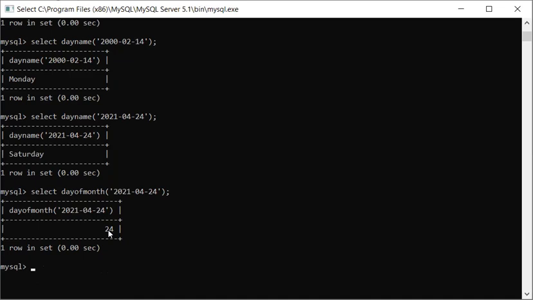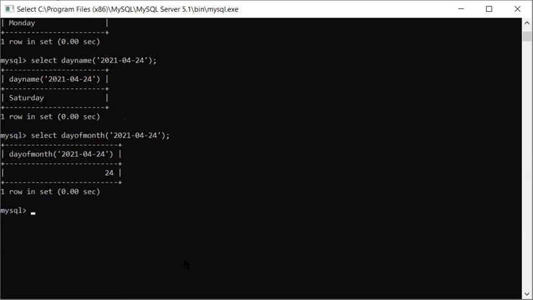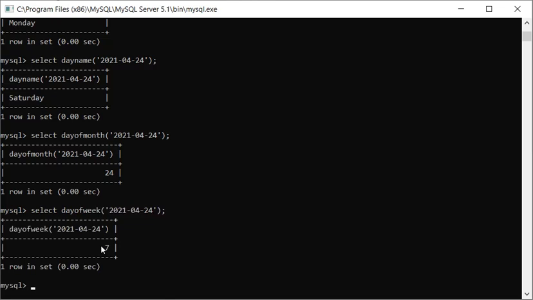Ultimately you have to remember all these functions, nothing else. Next is day of week, which means which particular day of the week it is. If we start, Sunday is the first day, then the second day is Monday, and so on. For today, it will give the 7th day.